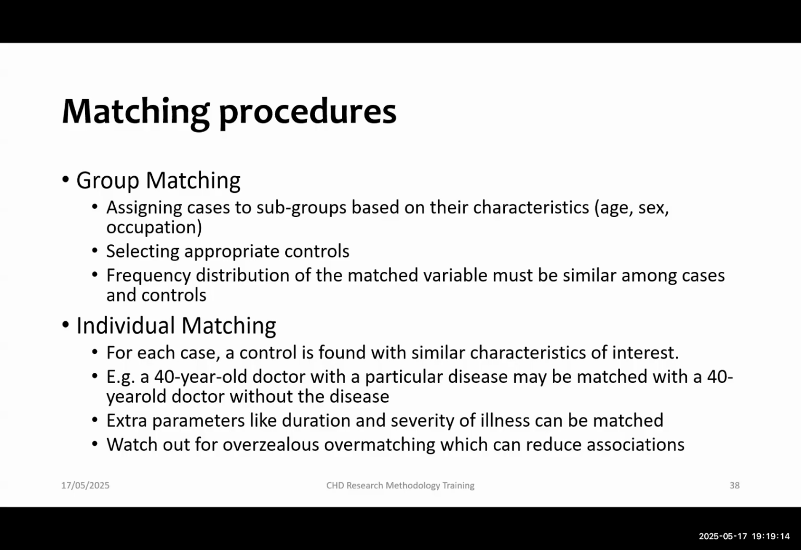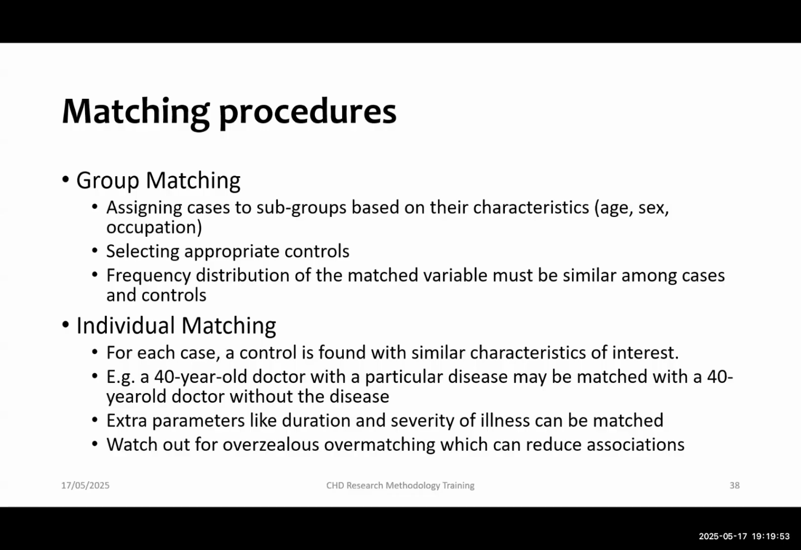Meaning for each case, you must match. So assuming you've included a 40-year-old doctor that has maybe cancer of the lungs, then you have to match with another 40-year-old doctor who does not have cancer of the lungs. So you're matching individuals individually. This can usually be more tasking. You can also match things like duration of illness. So for those who have had hypertension for 10 years, the controls will also be those who for 10 years have not had it. So depending on severity, you can match based on any parameter